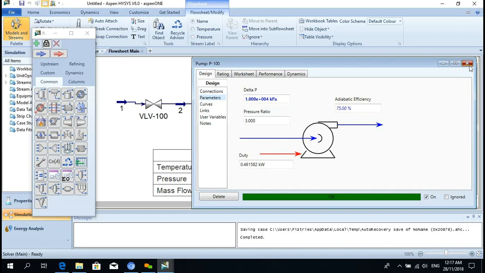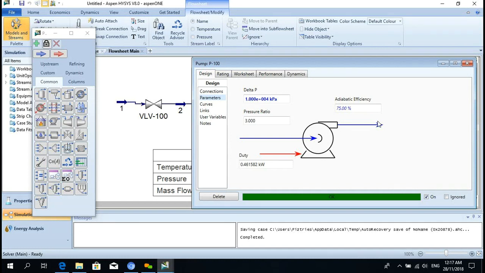Yeah, see how many kilowatts are required. In that way, we can sometimes change the efficiency too, if we know the efficiency of the pump. Let's say you have some pump specification, right? You can put the pump specification here, and it will give the exact value.